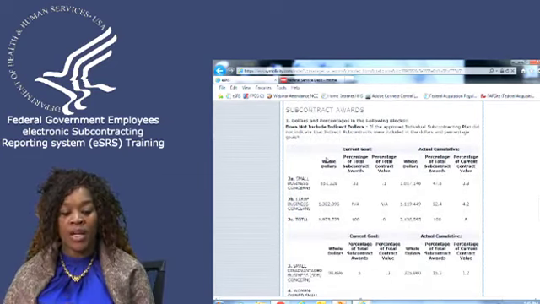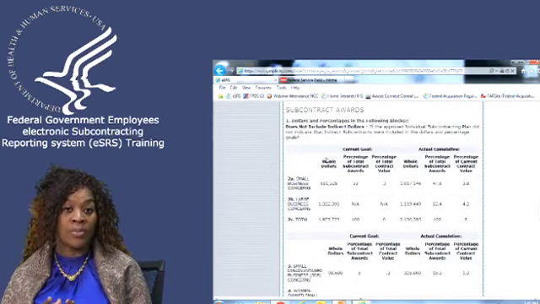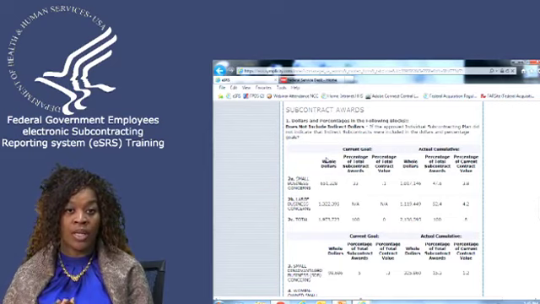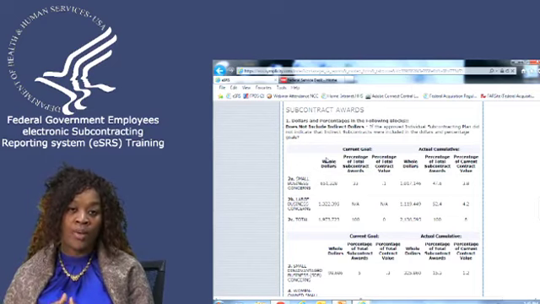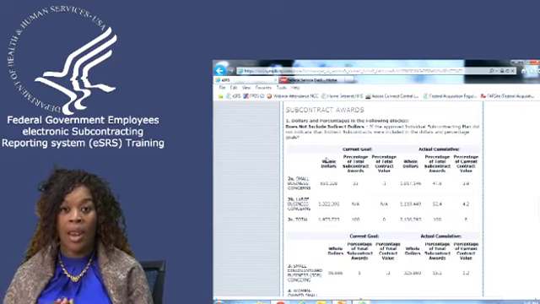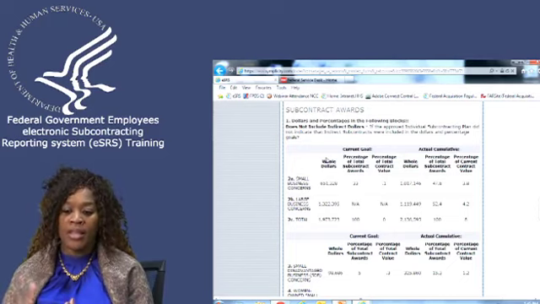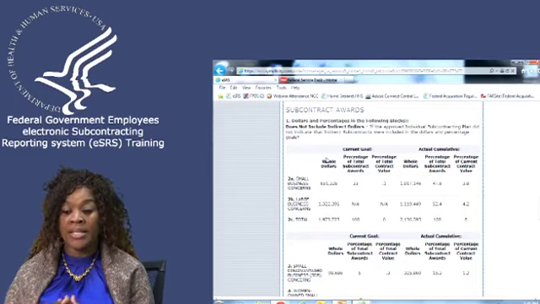Again, the individual subcontracting report is to ensure that the contractor you have awarded this particular contract to is actually doing due diligence to meet the goals on their subcontracting plan. The only way that you're going to know that they're doing that is to ensure, when you're reviewing this report, that you have their subcontracting plan available. All of the data that we're now going to talk about is verbatim from the plan, except the actual accomplishments.